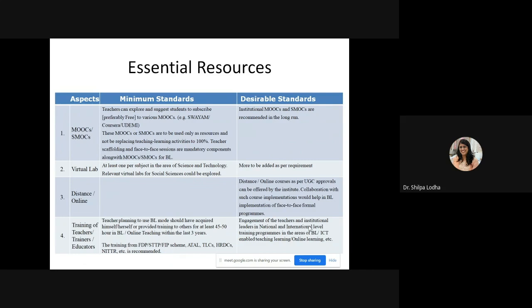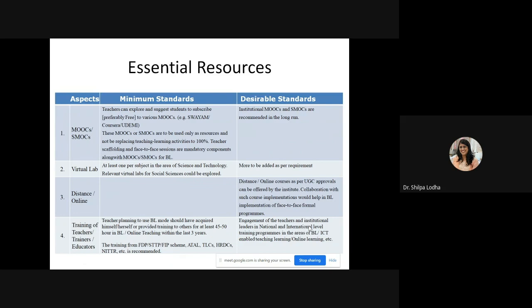So all this will need training of teachers, trainers, and educators, and UGC suggests that teachers planning to use the blended learning mode in their institute should have acquired, or provided to others, training for at least 45 to 50 hours in blended learning or online teaching within the last 3 years. Either they have taken a training themselves or they have provided training to other people on this particular topic.